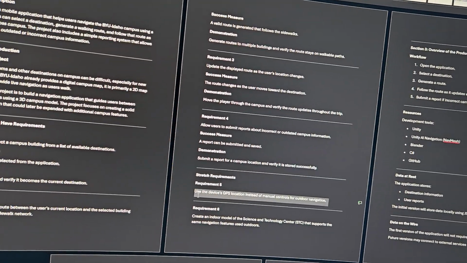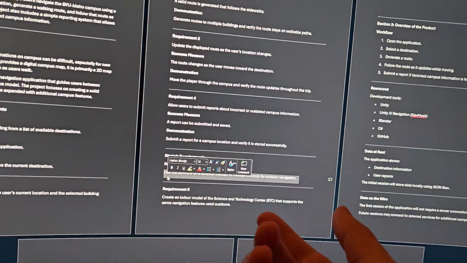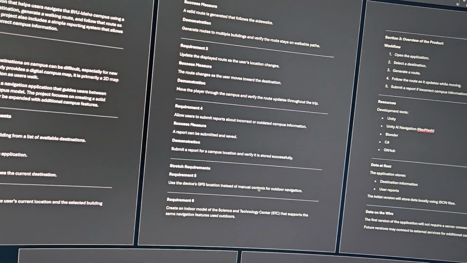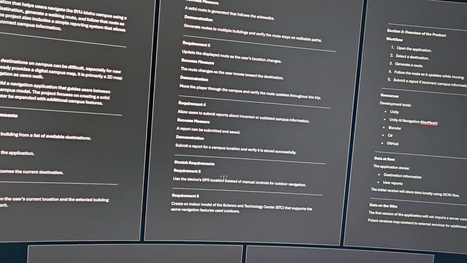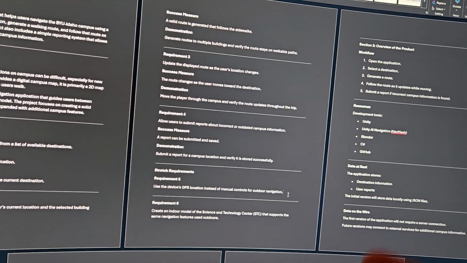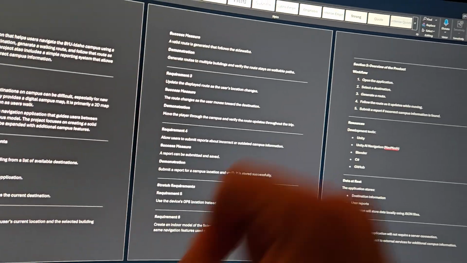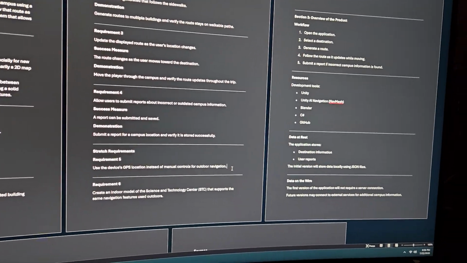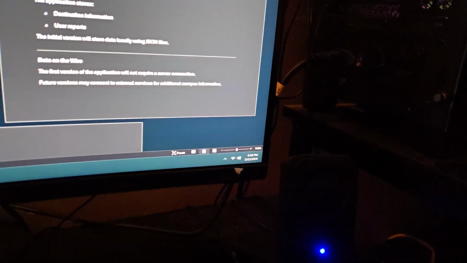And now this I could technically do. I could still do it, maybe. Probably not in time to turn it in, but use the device's GPS location instead of manual controls for outdoor navigation. I don't have a way of testing that unless I input it and then export it into an APK, put it on my phone, and then test if it works by actually walking on campus. Unfortunately, I don't have time to do all that, so it's going to have to remain a stretch requirement,